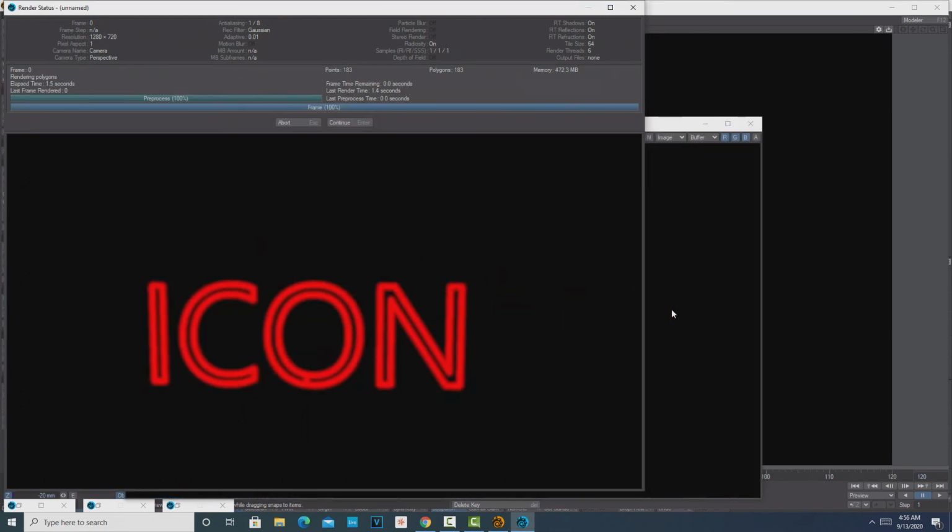So you'll just have to play around with the pixels and everything. Maybe I want to drop the pixels. But this is just a really super quick and easy way. The only thing you might want to do is play around with the pixel size and the glow radius and all that. And then you may have a little bit of aliasing going on, so you can play around with those too. But if you're just putting this into the backdrop or something like that, it gives you a pretty good